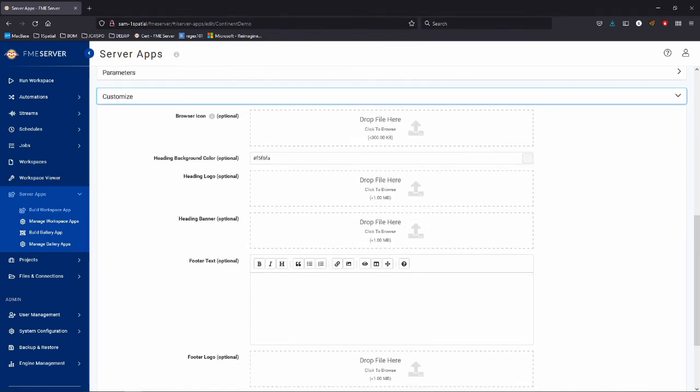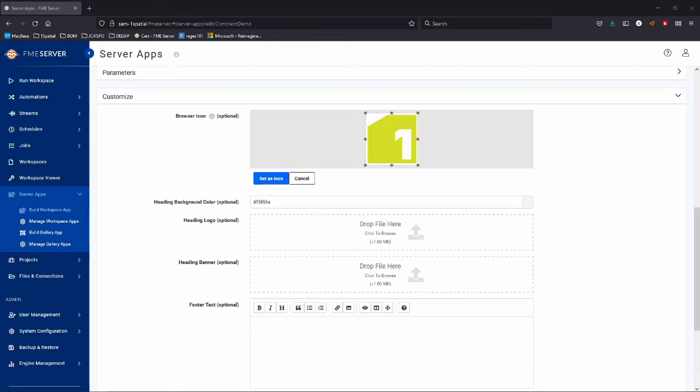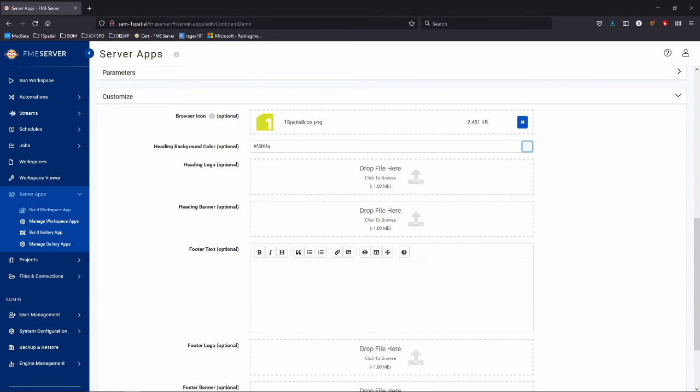And you've got a few options for the customization. First is the banner icon. Basically, this is what shows up in the little web element next to the address. And I'll just chuck an icon that I've got in there. You can just drag and drop pretty much everything. Set as icon, yep. Heading background color, this is at the top of the bar. I'm going to set it as a nice orange again. The heading logo,